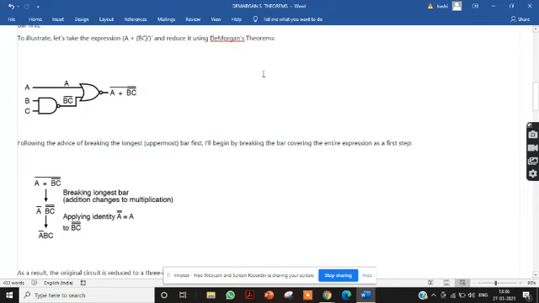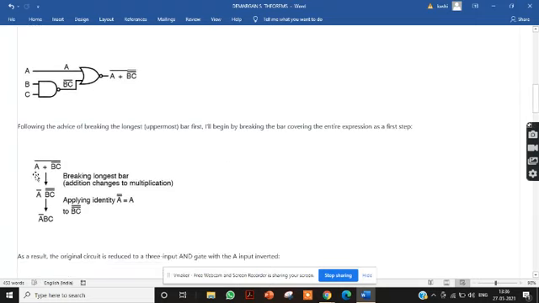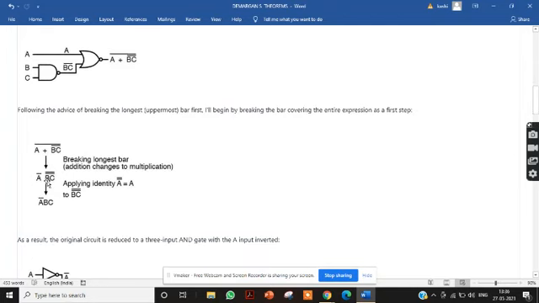Now we will simplify. What is the way to simplify? You have to break the longest uppermost bar first. You have to remember that; that is the easy way to simplify them. So you observe here, it is (A plus (BC) bar) whole bar. Two terms are with addition, under whole inversion. So you take the two terms as A and (BC) bar. Breaking the longest bar, you will get A bar, ((BC) bar) whole bar. But it is addition, so it becomes multiplication.